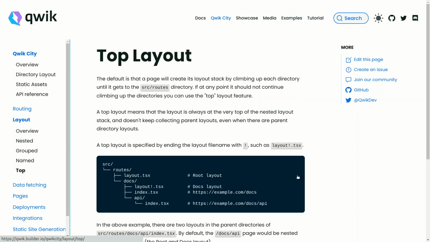Okay, man, please go to the top section. So here we have our top layout. So what exactly is this? Great. We are going to learn about this top layout in